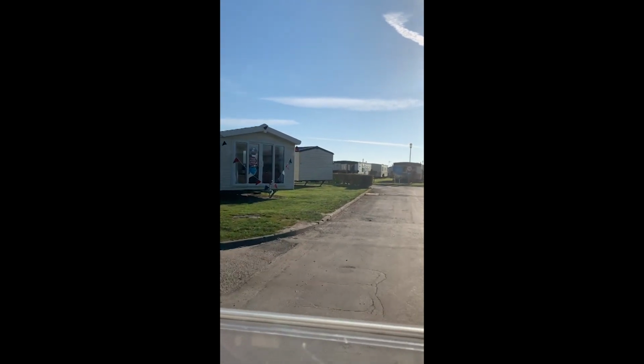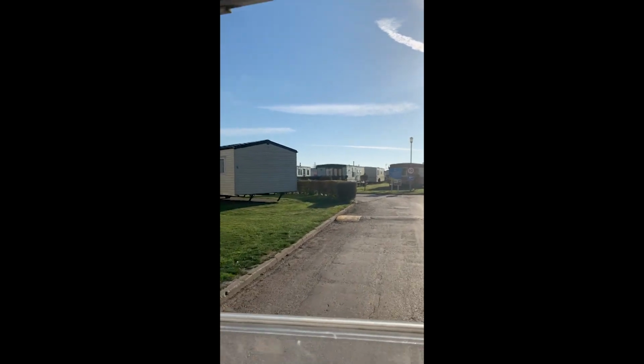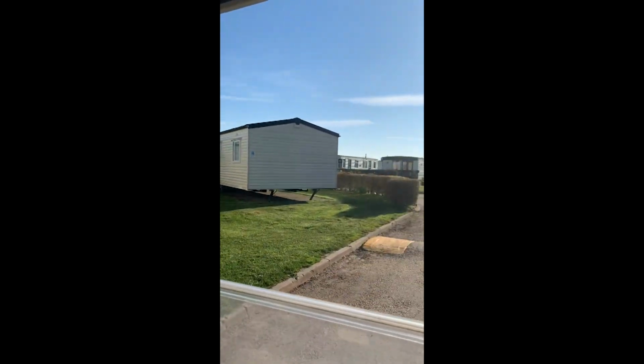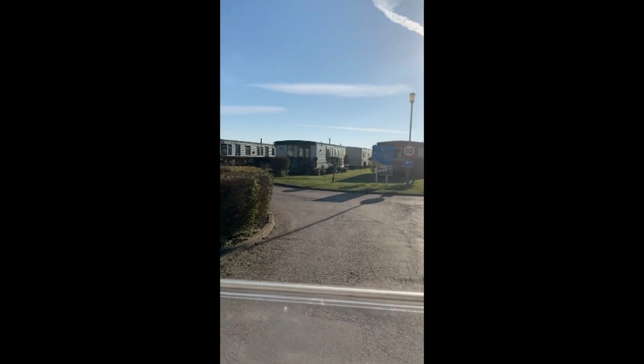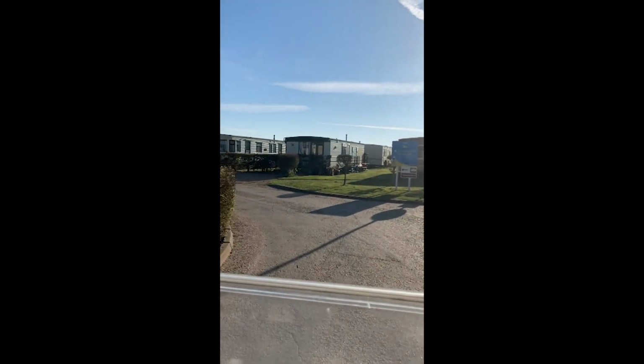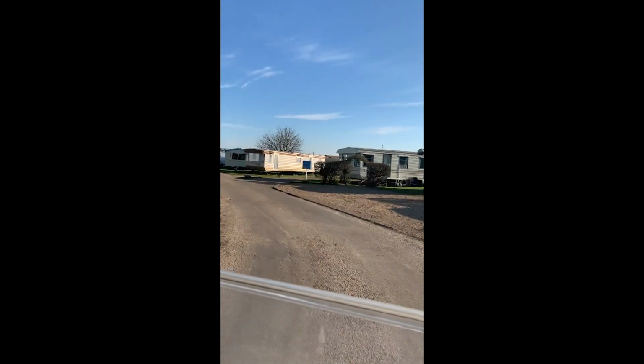We're now coming up to another part of the park, which I'm just going to show you a little bit about how the park looks, and what you can expect it to look like when you go around, the space difference between the caravans. So once you have chosen your caravan for argument's sake, what we would do is we'd go around the park and we'd choose some empty plots to give you a choice of your location. This is a Beaumont view area, and we're going around to the Tauron Field. So as we go along,